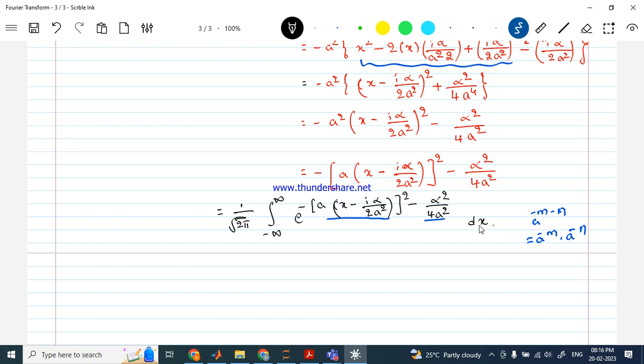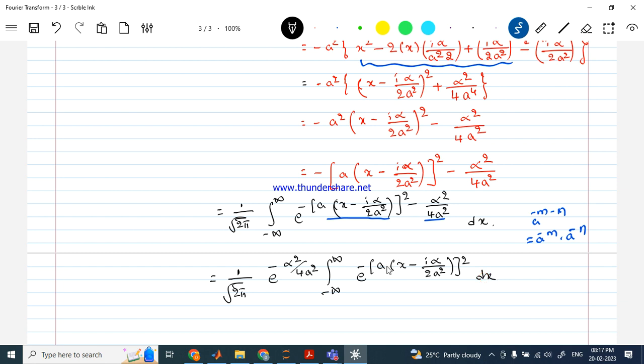And what I'm doing here, we are integrating with respect to x. So e power minus alpha square by 4a square is a product of two functions, e power this function into e power this function, and this is free from x, so it becomes a constant. So I can rewrite this one as 1 by root 2 pi times e power minus alpha square by 4a square into integration minus infinity to plus infinity e power minus of a into x minus i alpha by 2a square, whole square